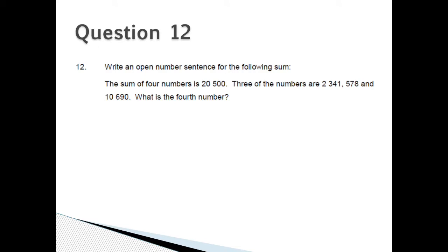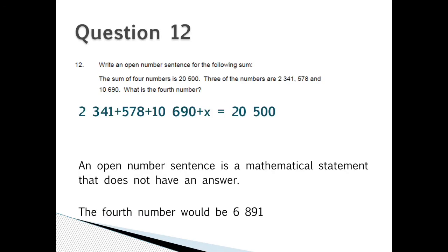Write an open number sentence for the following sum. The sum of 4 numbers is 20,500. 3 of the numbers are 2,341, 578, and 10,690. What is the fourth number? An open number sentence is a mathematical statement that does not necessarily have an answer. 2,341 plus 578 plus 10,690 plus x is equal to 20,500. The fourth number would have been